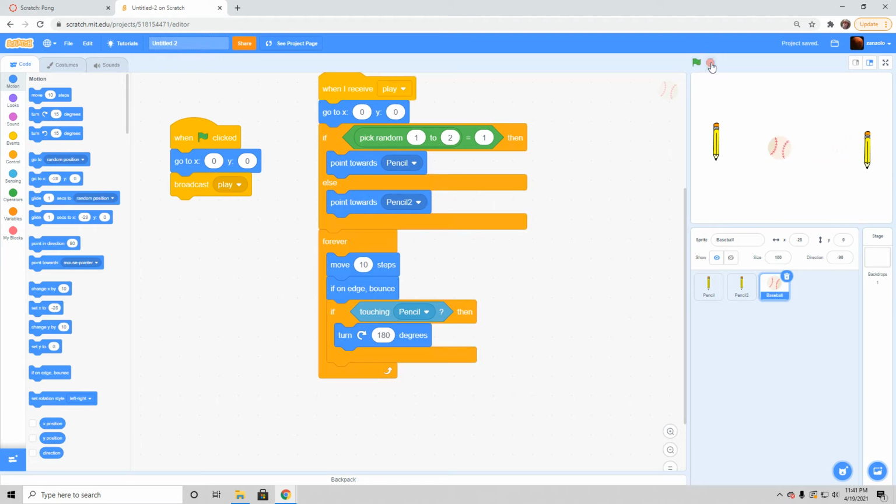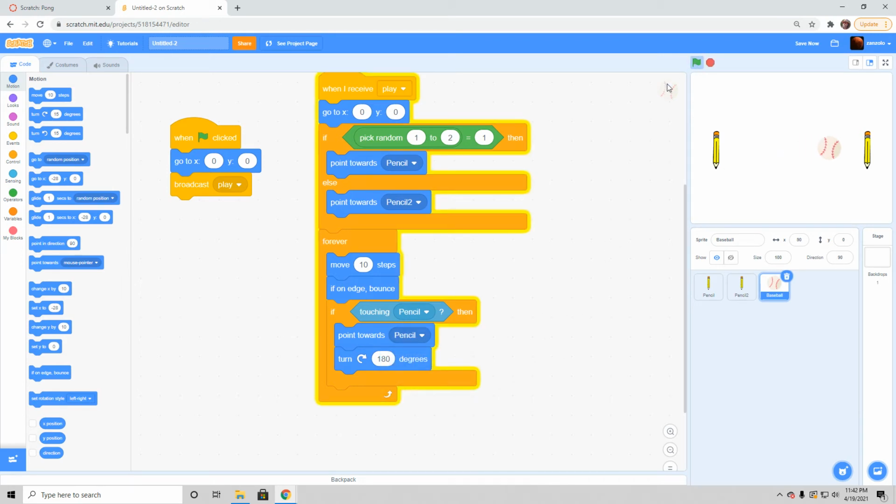So what we can do is, the 180 part isn't the problem. What we can do is, by adding a little bit of aim, we can say, before we do a 180, let's point towards the pencil we're touching. And so by doing that, it's going to get you a bounce that you have a little bit more aim over. And you can see